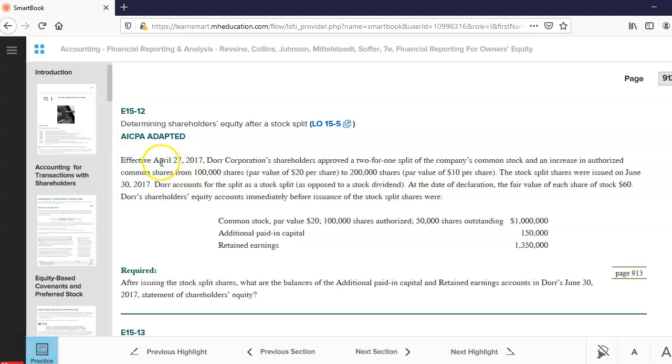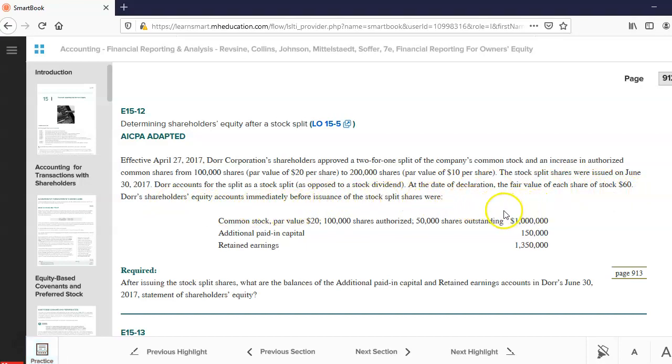Effective April 27, 2017, Door Corporation shareholders approved a 2-for-1 split of the company's common stock and an increase in authorized common shares of 100,000 shares, par value of 20, to 200,000 shares, par value of 10 per share. The stock split shares were issued on June 30th, 17. Door accounts for the split as a stock split as opposed to a stock dividend at the date of the declaration. The fair value of shares is 60,